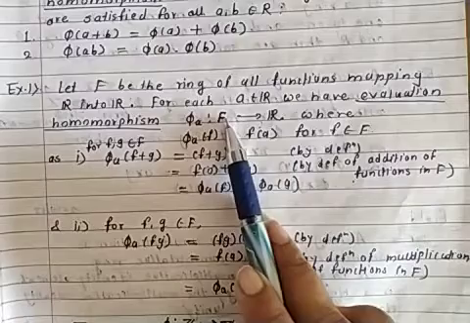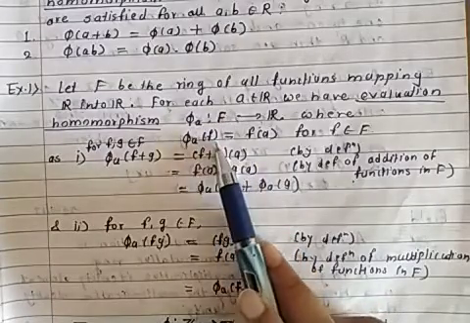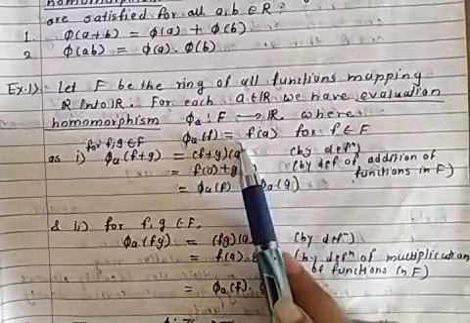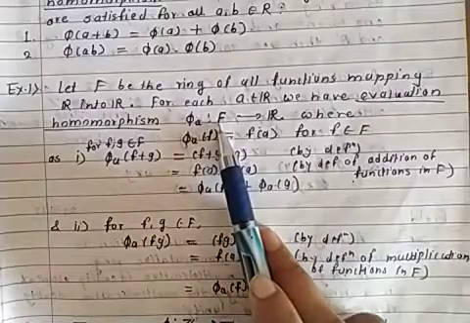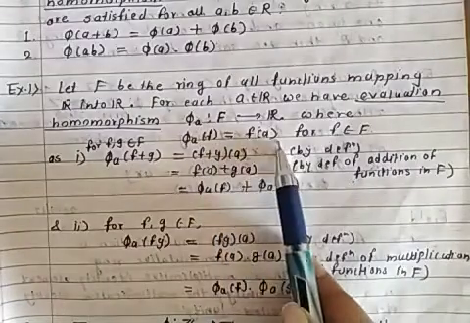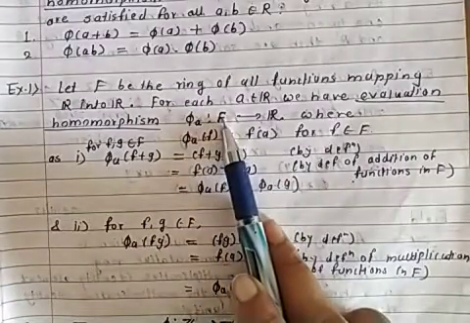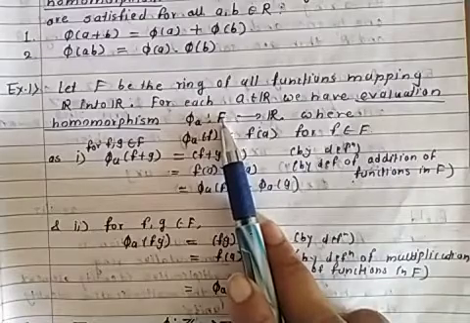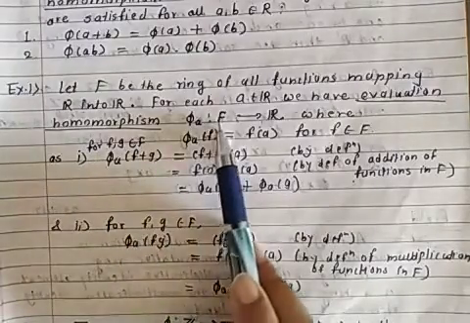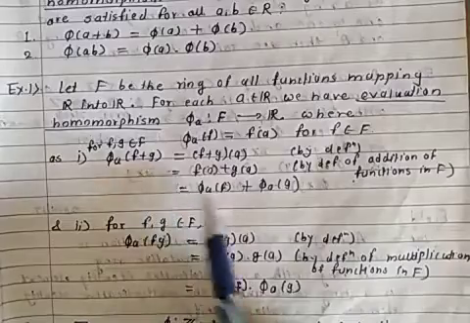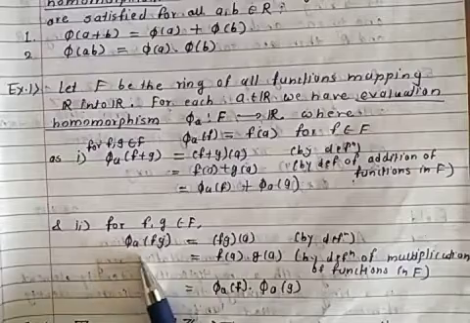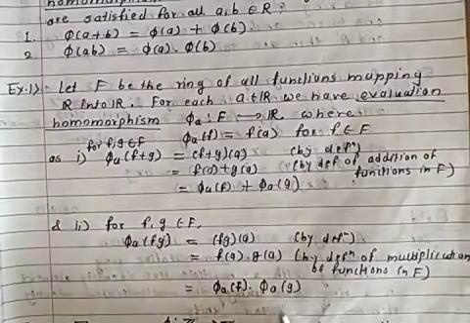This capital F is a set of functions. We take one function from it, and phi a of f is the same as f of a. Okay, this is a function over capital F. Now we have to show this is a homomorphism. This function phi a of f is equal to f of a for all f belonging to capital F is a homomorphism. So for that what we will check, we need to show for all f, g belonging to capital F, phi a of f plus g is the same as phi a of f plus phi a of g for addition, and we need to show for all f, g belonging to capital F, phi a of f into g is the same as phi a f into phi a g.